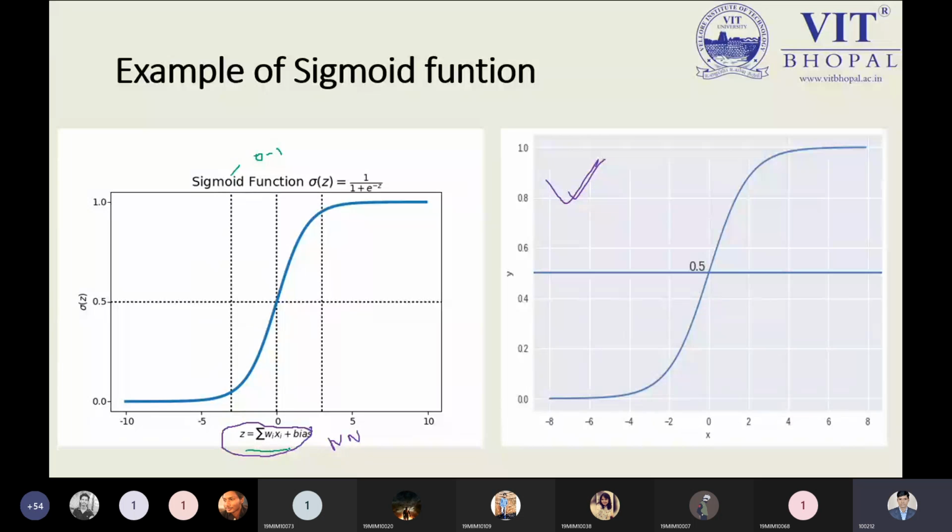This concept can be identified in the neural network. When we discuss the neural network, the sigmoid function is most applicable. But now the question comes to our mind: where do we have to use the sigmoid function? Now see,